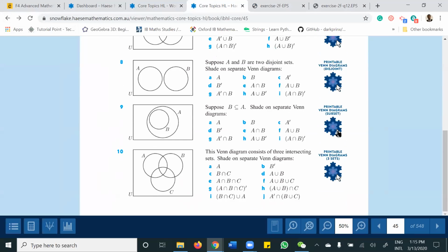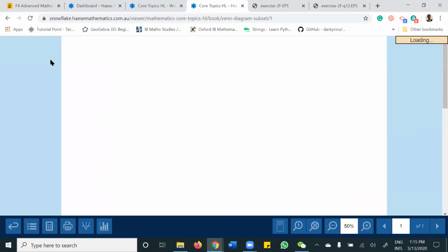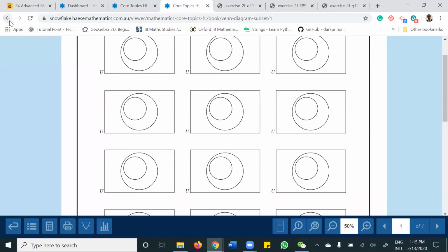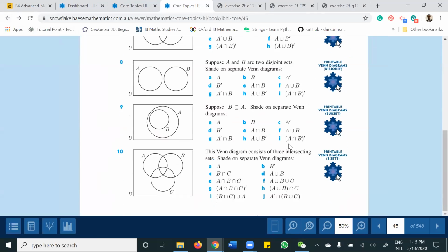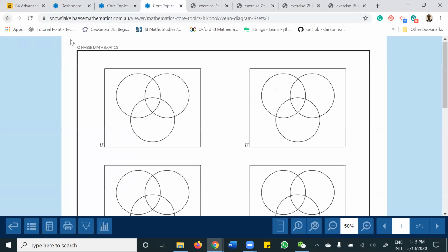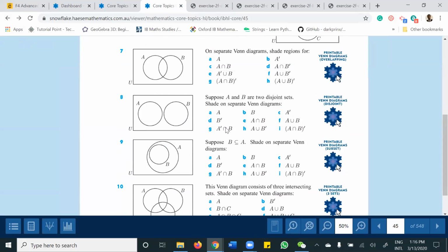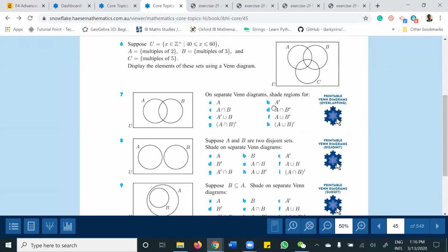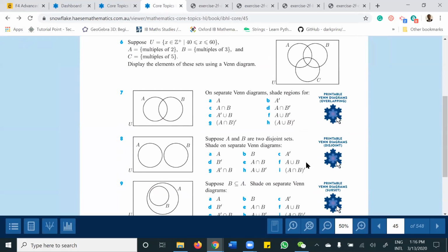Do you understand why you have this now? Rather than drawing all the time, you could just print and shade and write which question you are doing on each picture. Does everybody get that? Yeah. Okay, so I'm going to leave questions 6, 7, 8, 9 on the screen.